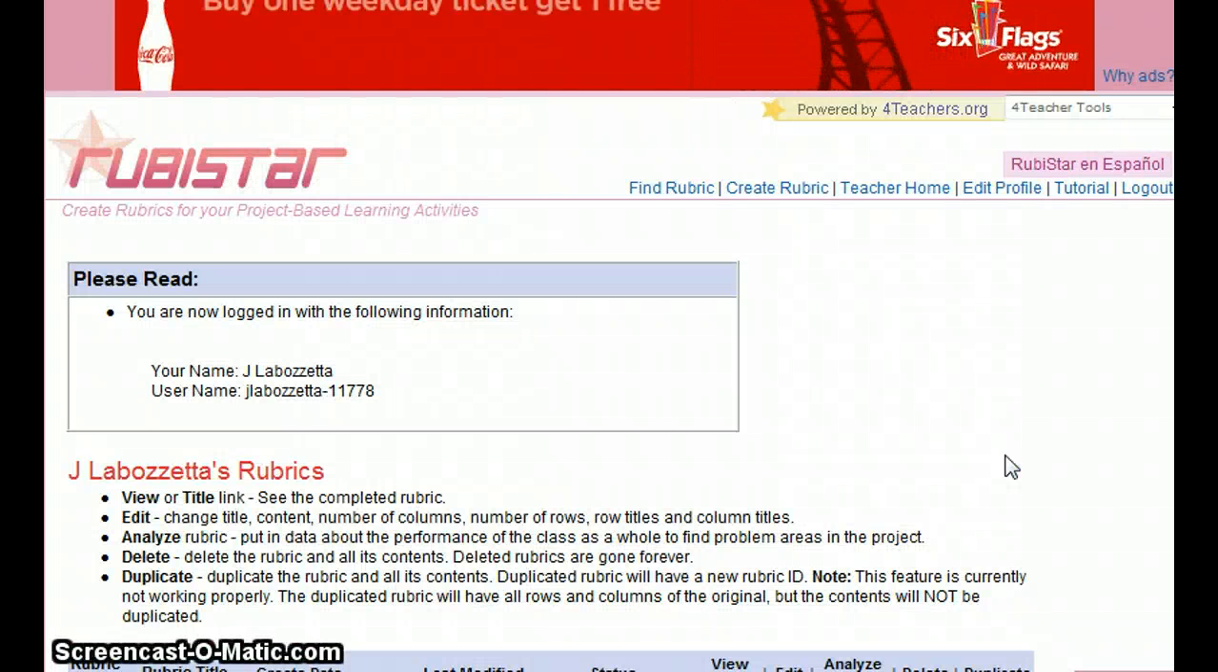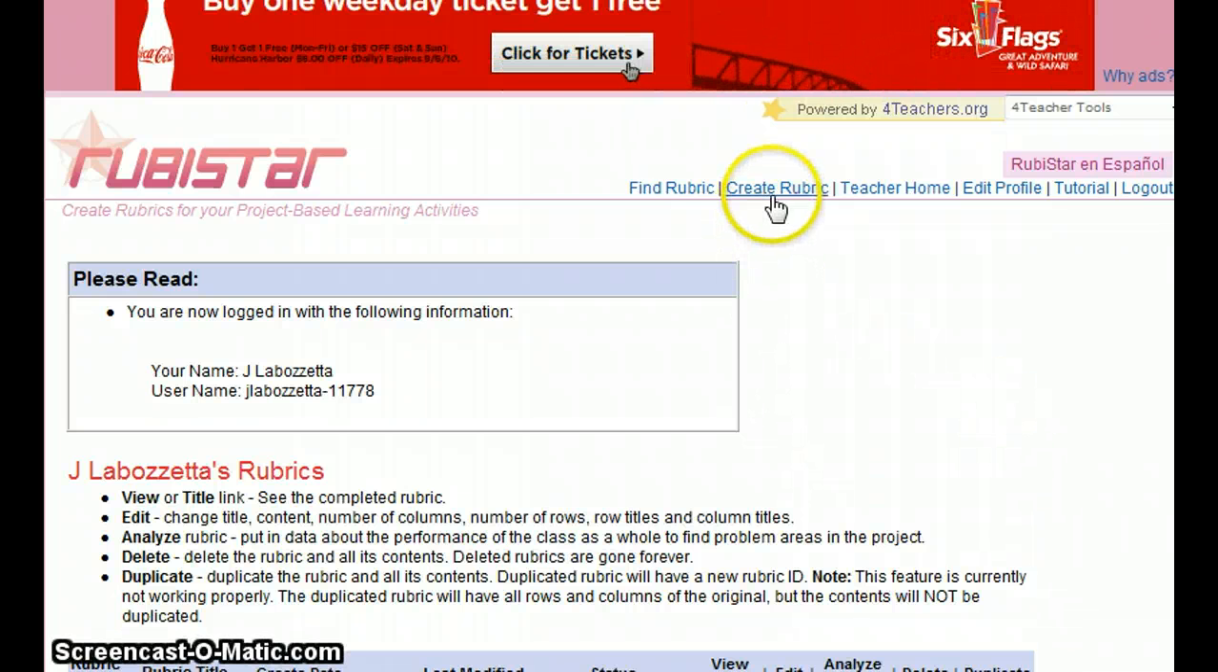Now once you log in, you have an option to create a new rubric or find a rubric that's already been created. First thing I'm going to do is take you through how to create a rubric. So we'll click on Create Rubric,